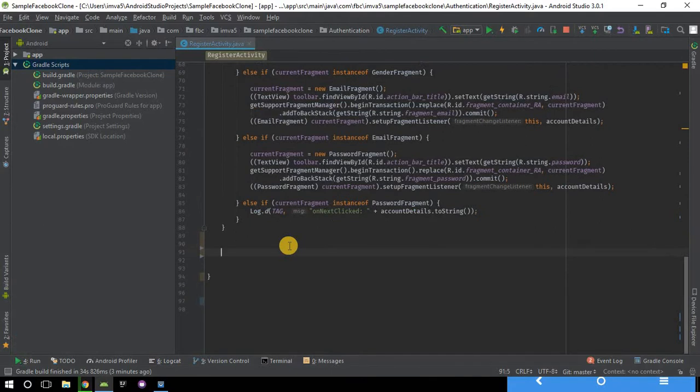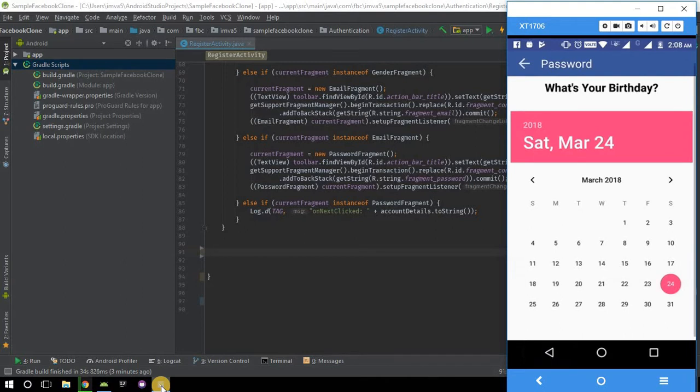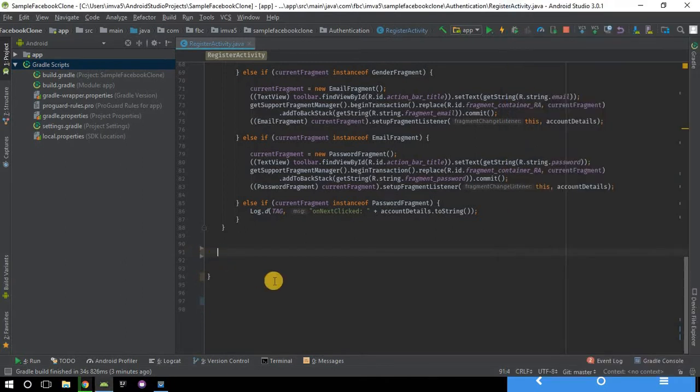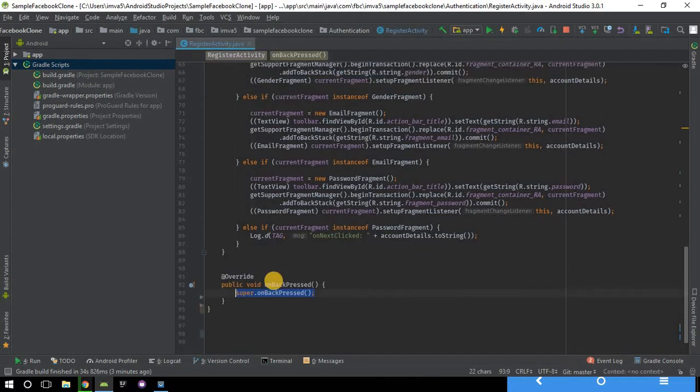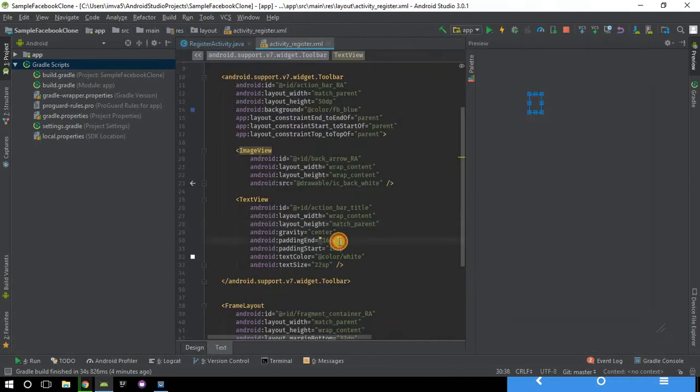So let's get started. The bottom navigation button, which is this backward navigation, is triggered when we press on the back navigation button. The method which is triggered is on back pressed. Okay. So what we will do is make our separate method. We will not call this super dot on back pressed. We will make a separate method for this as well as this back arrow in the